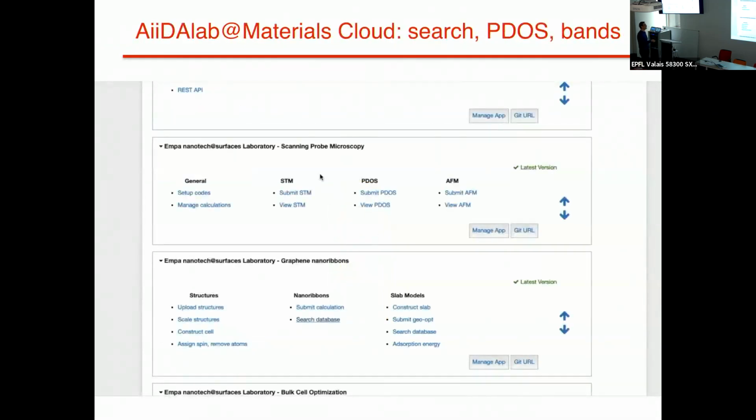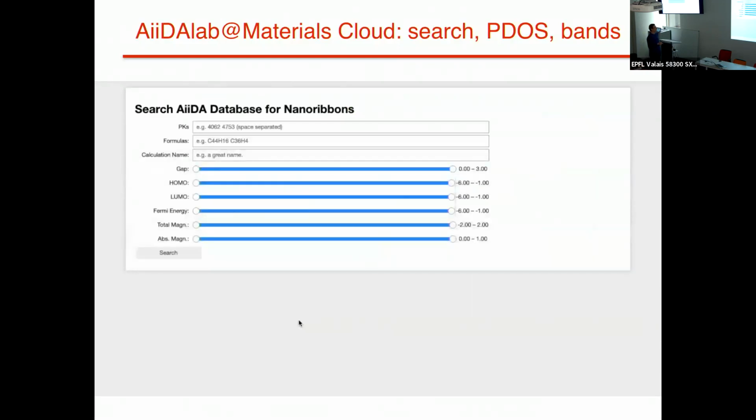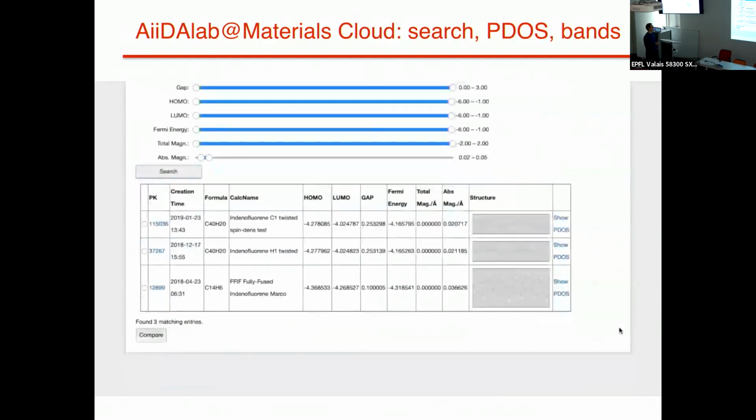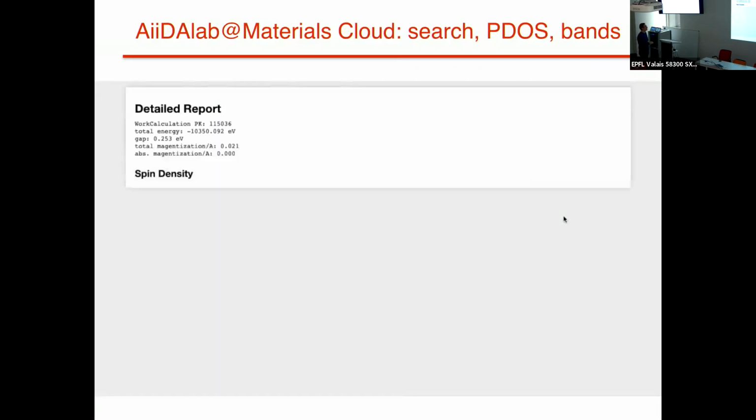After the calculation is completed, the results are automatically stored in a database that I can query with an interface that we are at present modifying. In the example here, I just set a range of values for the possible absolute magnetization of the structures. I search for the structures that are compatible with this, and I obtain the results. Here I can check these boxes to compare the band structure of the checked structures, or I can go to these more detailed views where, for example, I can see the band structure of my ribbon,